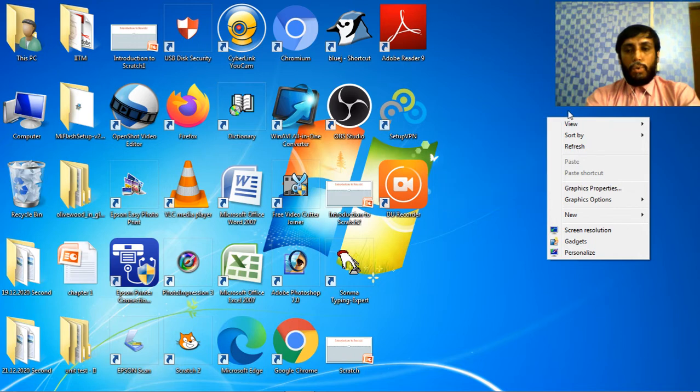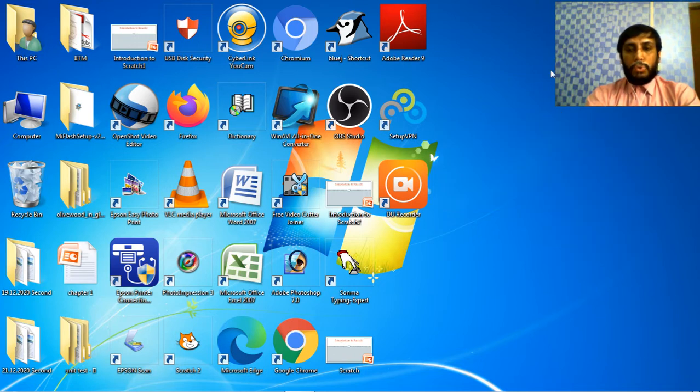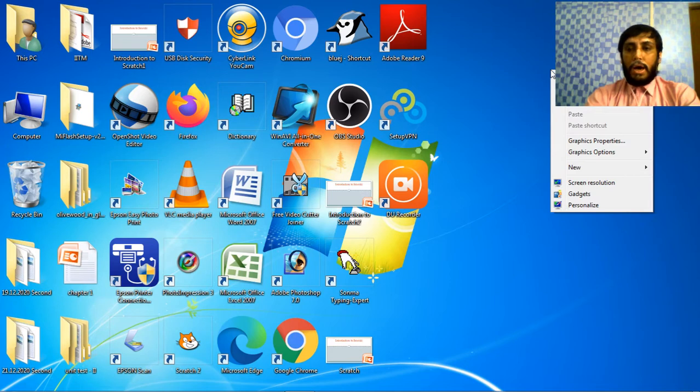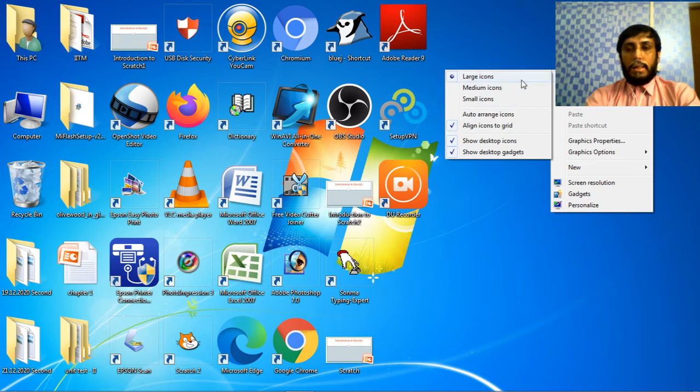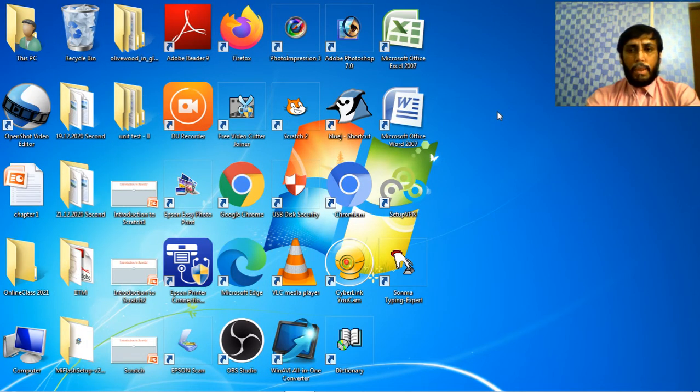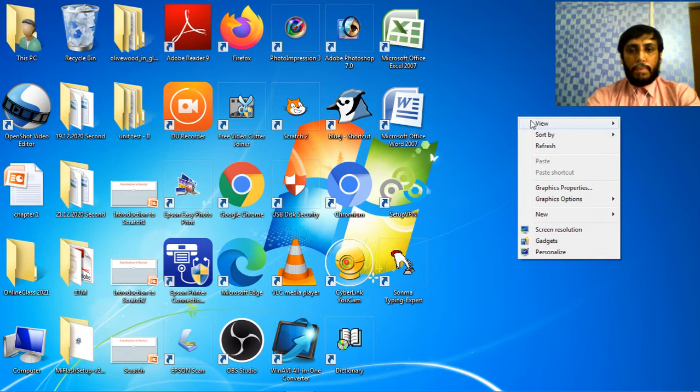So what process do we have to follow? We have to right click on the empty area of the desktop or screen, go to view, and then click on this auto arrange icons. Right now auto arrange icons is not selected. So I am going to select it. See how it is being arranged. So one icon was kept here, and when I click on auto arrange,